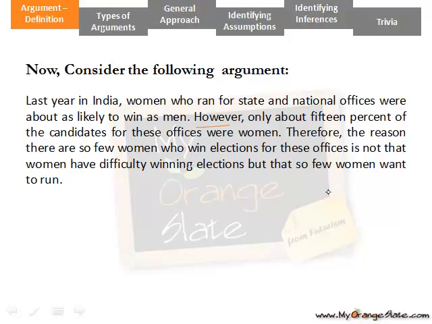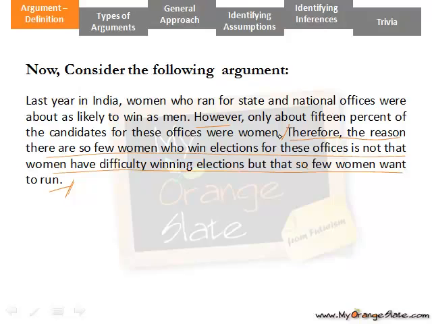So friends, in this question, to identify the conclusion, we can focus on this statement, which says, therefore the reason there are so few women who win elections for these offices is not that women have difficulty winning elections, but that so few women want to run. But why this statement and not the first one? Not just because it comes at the end of the paragraph,